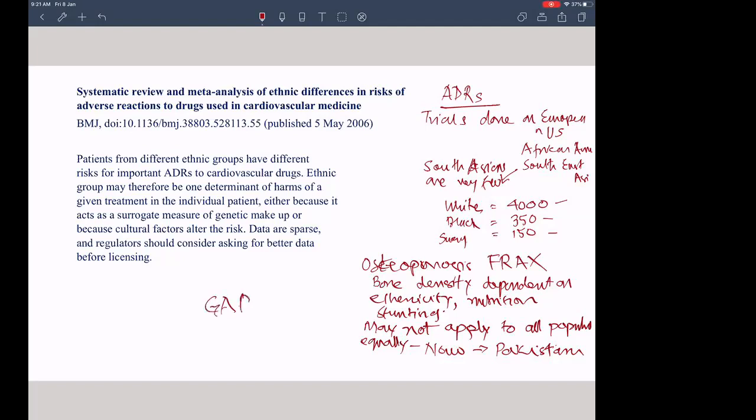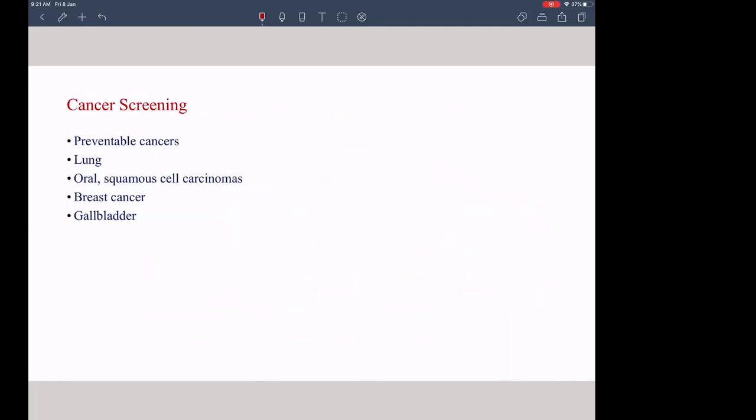So you can look into where the gaps are in the research which is available. Even in FRAX, for instance, you mentioned the gaps initially was that it was just restricted to Caucasians. Okay, great. Now, cancer screening is one thing. Are there some preventable cancers one can think of? For instance, smoking, gutka chewing,